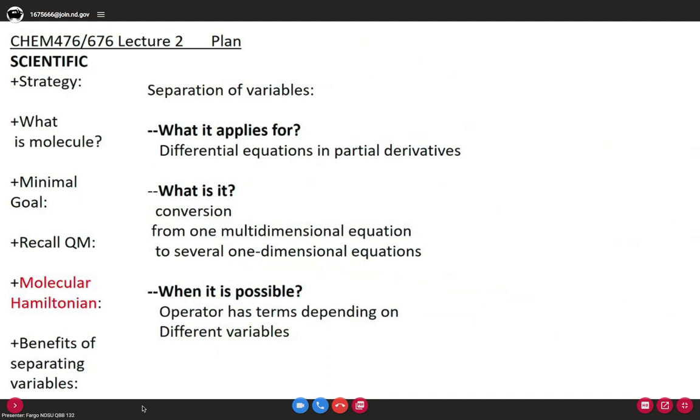Perfect. So not regular, not ordinary differential equations, but partial differential equations. We learned parts of it. Okay. So if the unknown function depends on more than one variable,